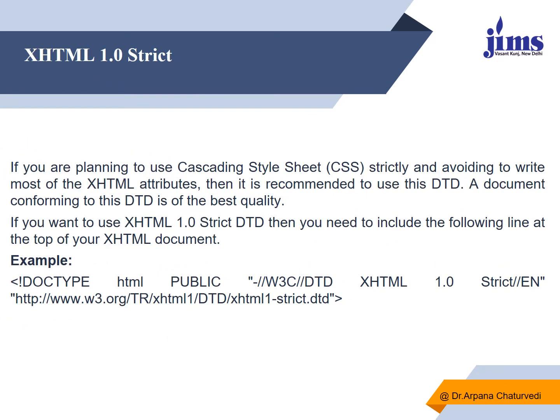First is strict. For this, what you will be writing? DOCTYPE html PUBLIC "-//W3C//DTD XHTML 1.0 Strict//EN". It is the same everywhere. Only the thing is you will be writing strict //EN, and here also the DTD name is xhtml1-strict.dtd. So this we will be using if you are planning to use cascading style sheets strictly and avoiding writing most of the XHTML attributes, then it is recommended to use this DTD. Otherwise,